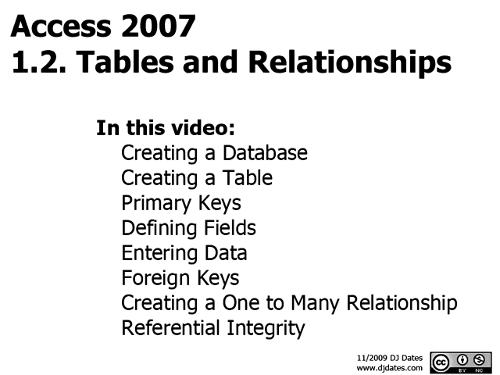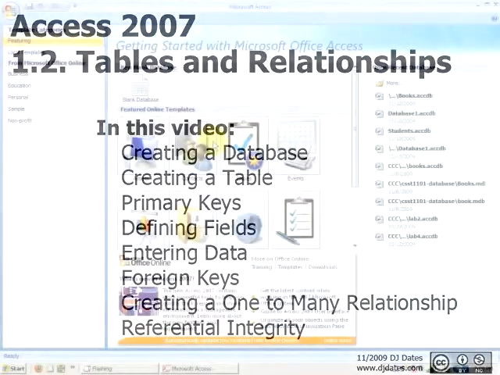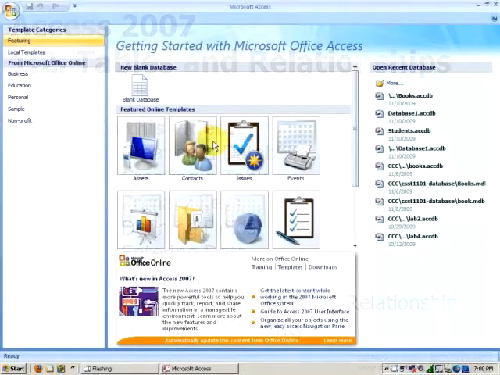I'm going to create a simple database in Microsoft Access 2007. Access differs from other Microsoft Office applications because it does not open up to a blank document. Instead, we first need to specify where we wish to save our document before we create it. I'm going to begin by clicking on the blank database icon,